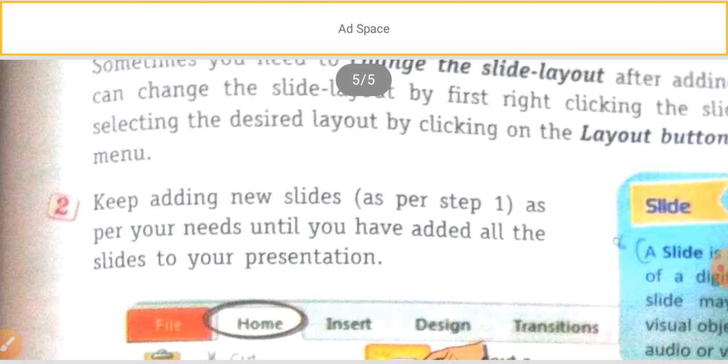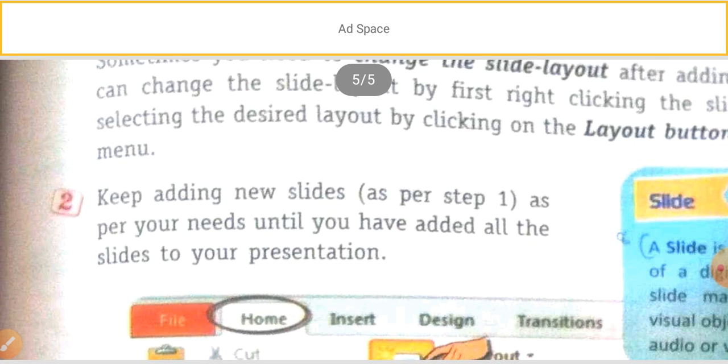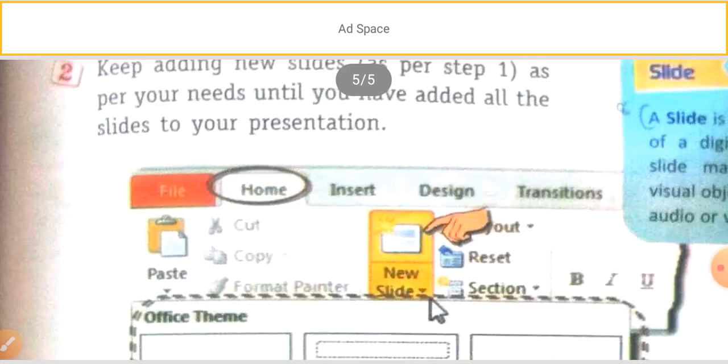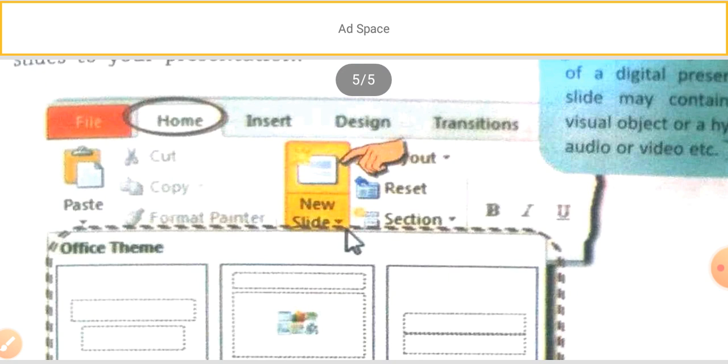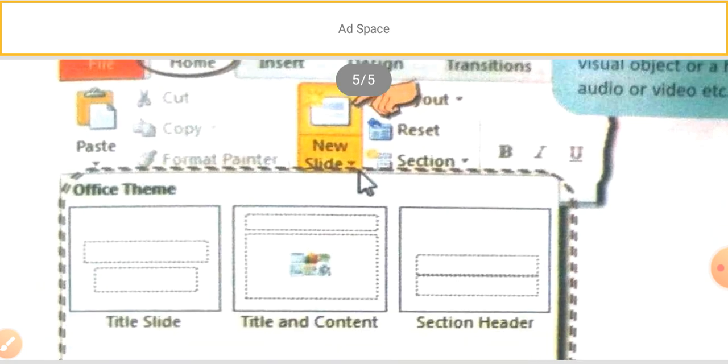Shall we go to the next point? Next, keep adding new slides as we have seen in the first step, as per your needs, until you have added all the slides to your presentation. Similarly, go through the same process: click on the Home tab, select New Slide, and add it. If you want to change the slide, you can change it.